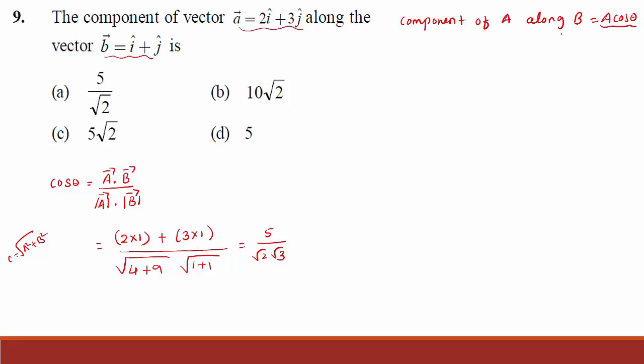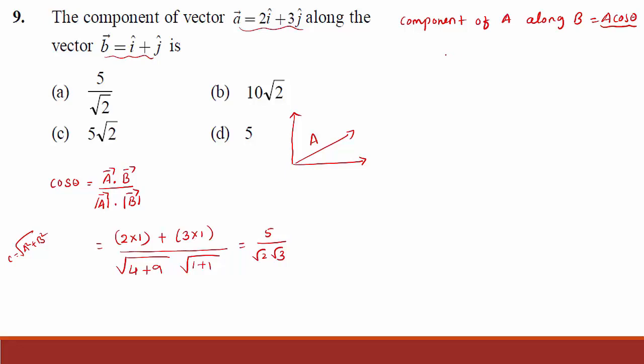There are two components for the vector A. Suppose this is vector A, there are two components: this is the vertical component and this is the horizontal component. Here it is given that vector B is along B equal to i cap plus j cap. A cos theta and A sin theta are the two components. In that, A cos theta is along vector B, so we can use this A cos theta here. Substitute the value. We know the component of A along B.